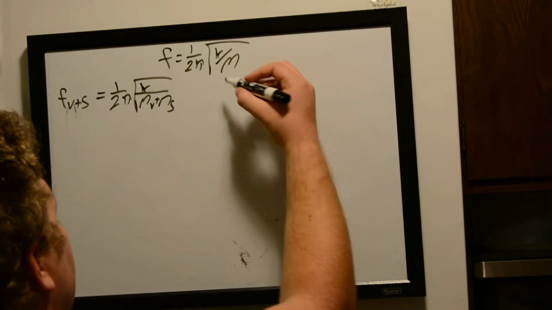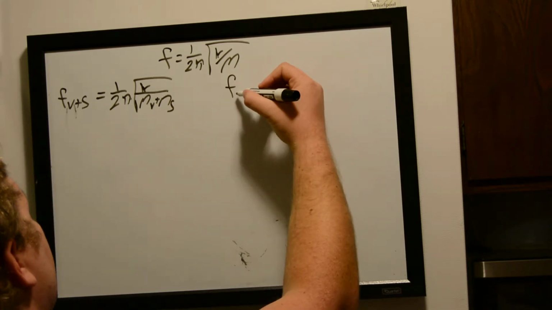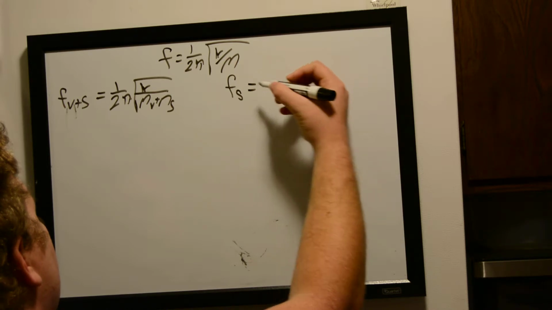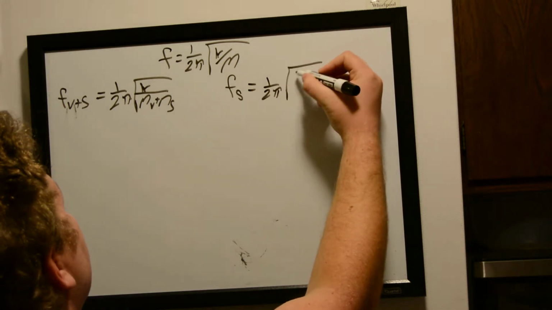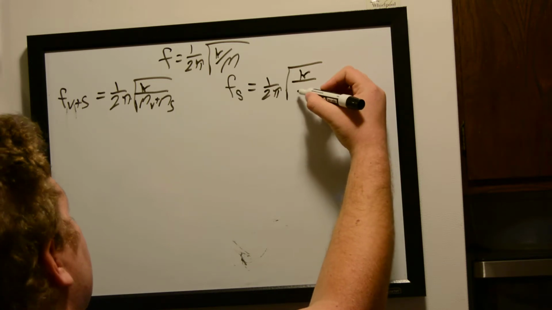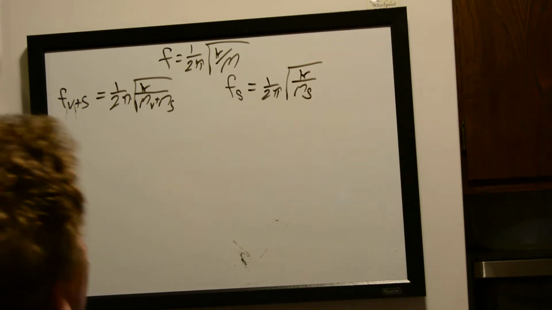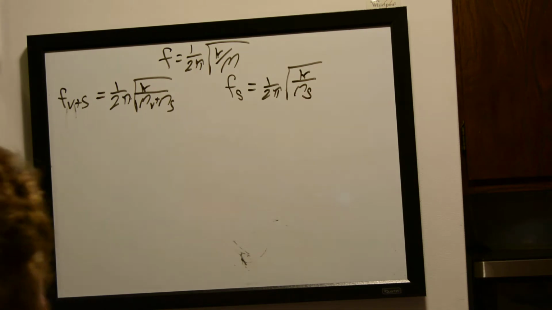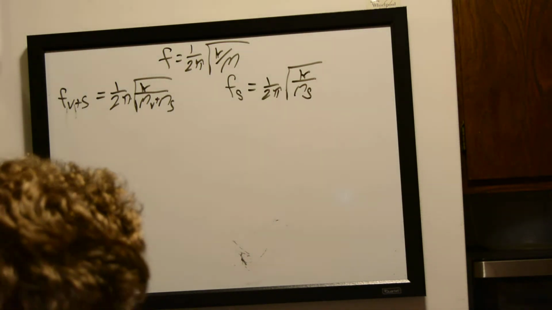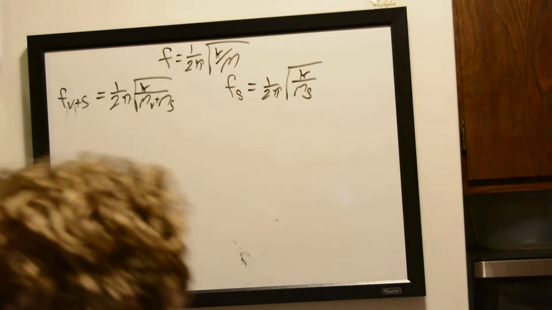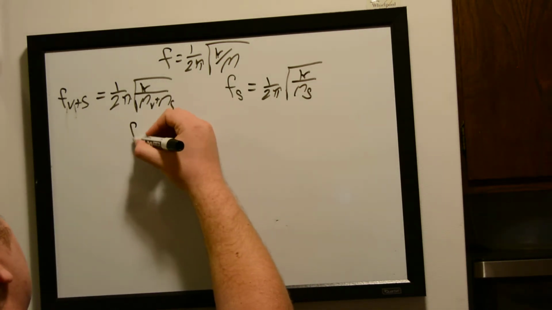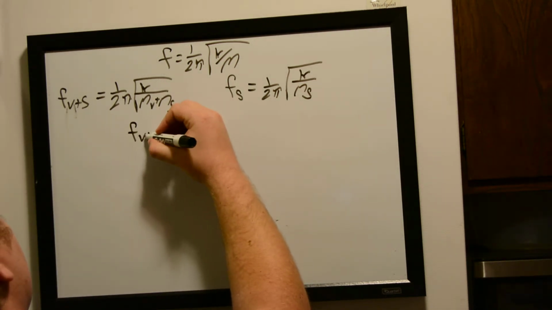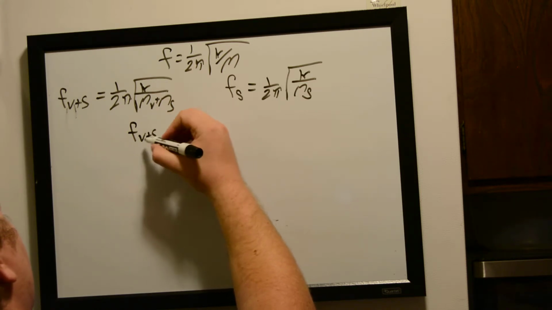And then our frequency for just the silicon is equal to 1 over 2 pi times the square root of our spring constant over just the mass of silicon. So now to find the ratio between those, we simply divide them out. So that is going to be B plus S